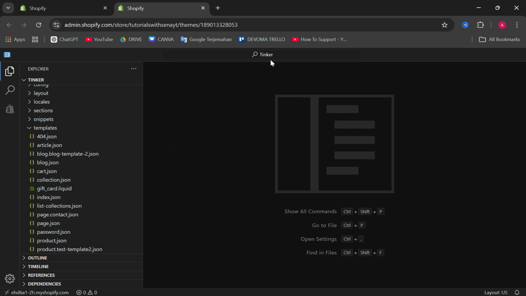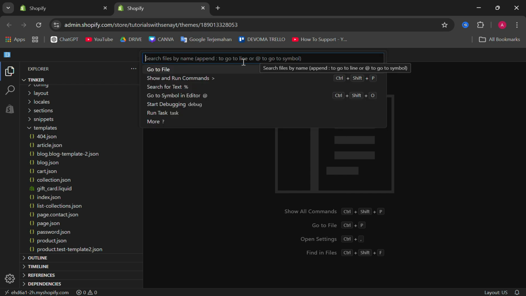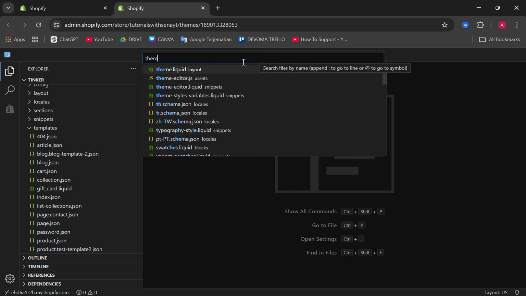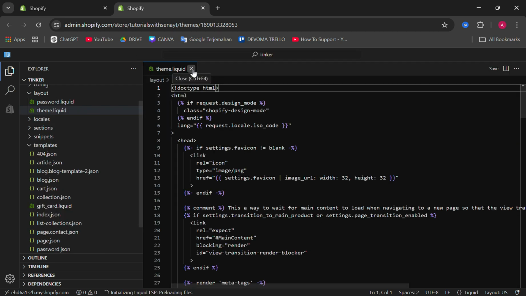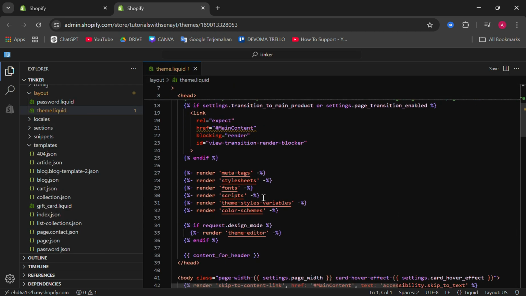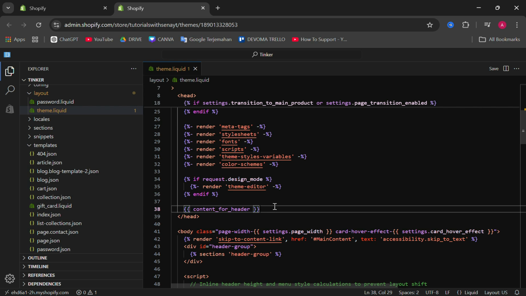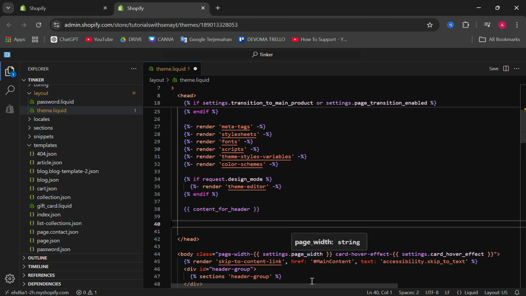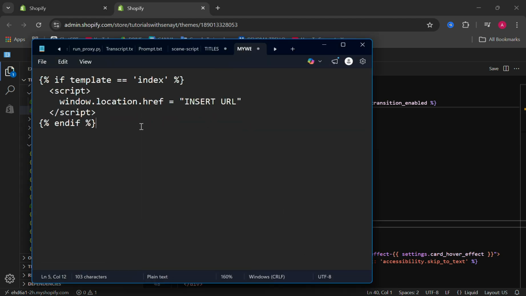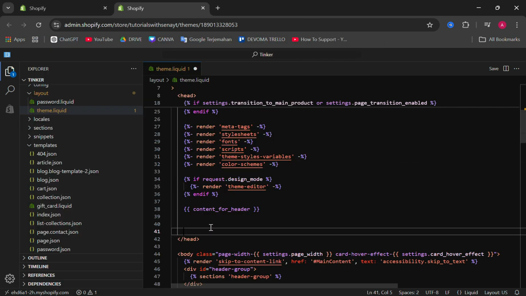So you can go to the search box here and then search same liquid layout, this one. You can click on it. And then we're gonna find head. So we're gonna add the code here in the above of this head, this one, and we're gonna put this code. So I have put the code in the description, you can check it. So we're gonna copy it and then we're gonna paste it here,